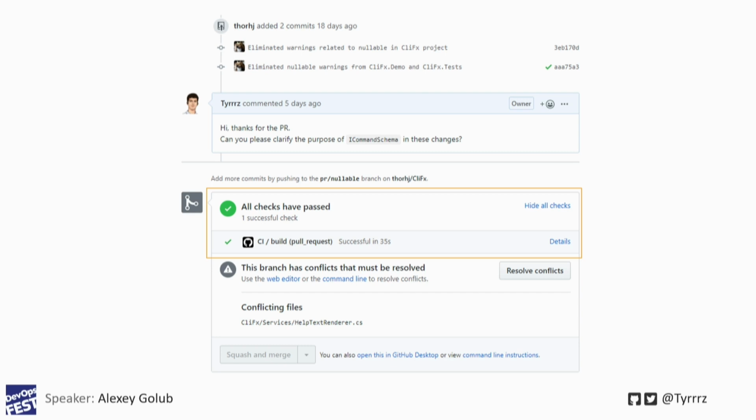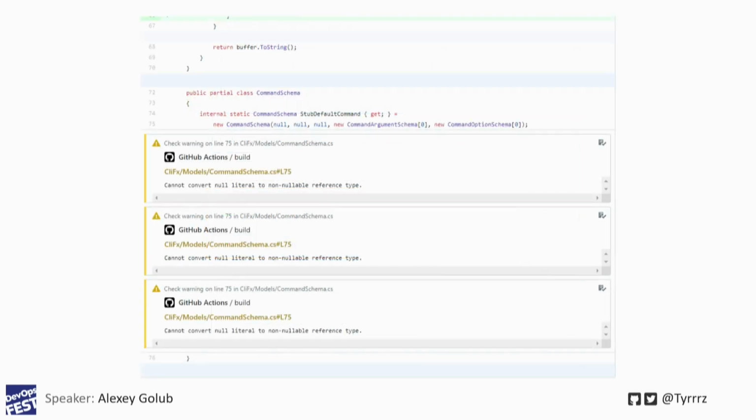If it had failed, I would see a cross there, and it would tell me that this pull request should not be merged, and stuff like that. And additionally, it also has a feature that other platforms do not really have, is that you can use the GitHub Actions Runner to report special structured logs back to the website. So here you can see that there are some warnings, and those warnings are actually produced by the compiler, but the compiler still succeeded.